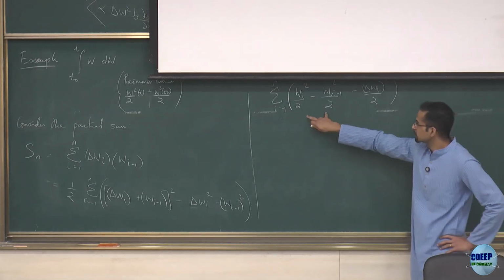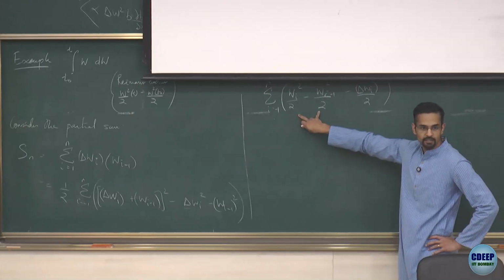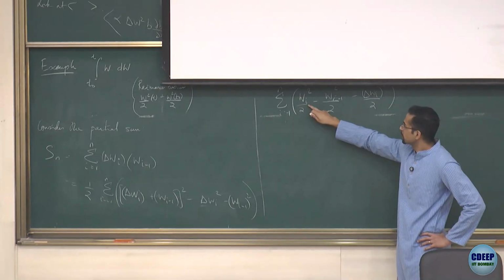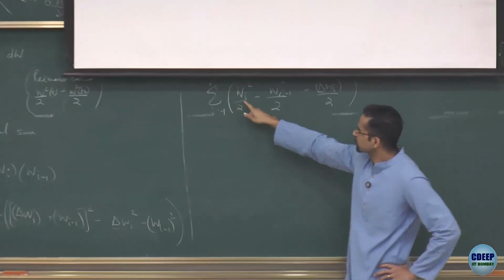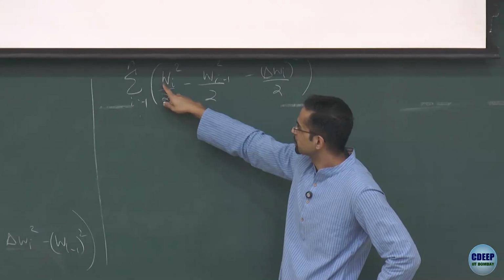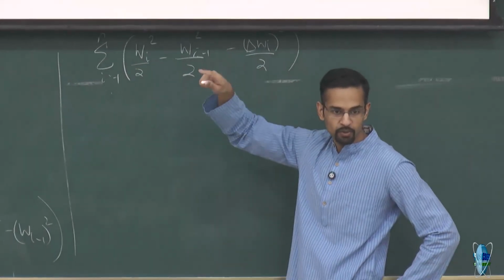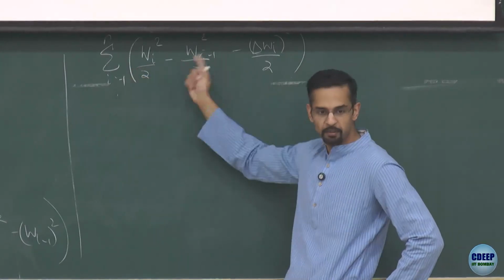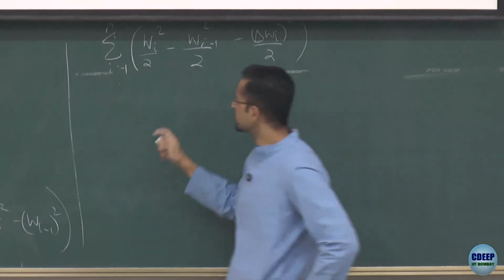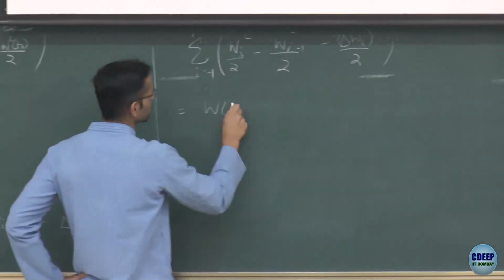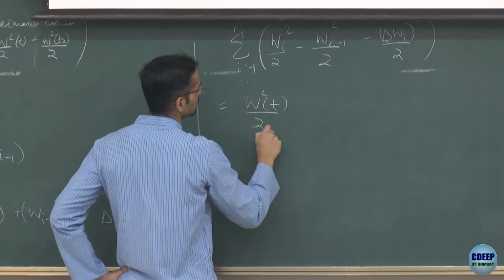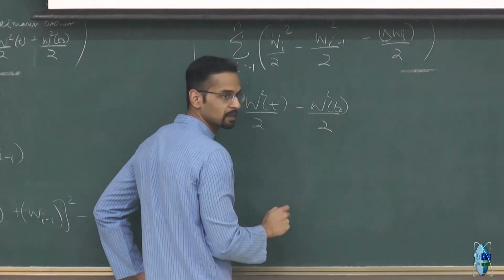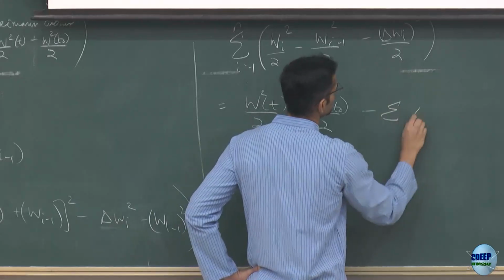So now you recognize, if I look at these two terms, when I take the partial sum, if I look at it from the top, I'll have W at t squared by 2 minus W at t_{i-1}, but then W at t_{i-1} terms will start cancelling out. So in the end, this thing is just going to be equal to W at t squared by 2, and this will be the first interval. And then here I'll have minus summation